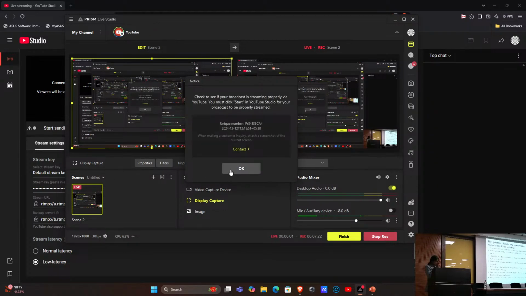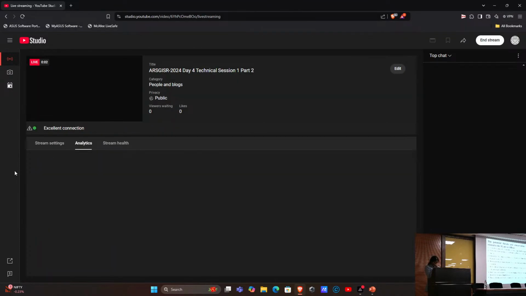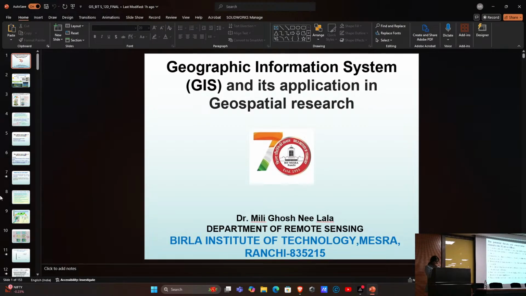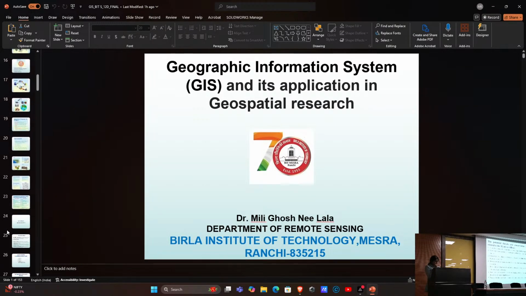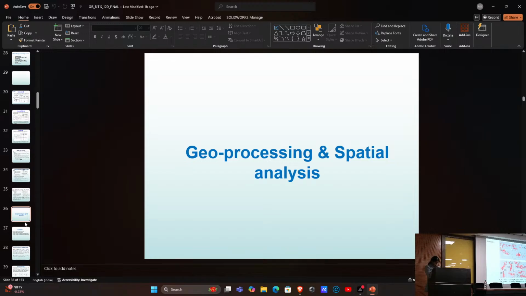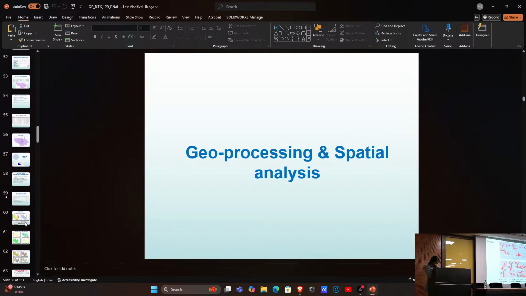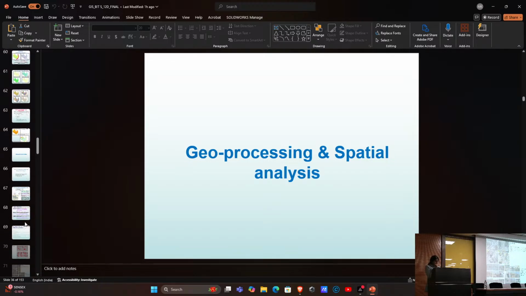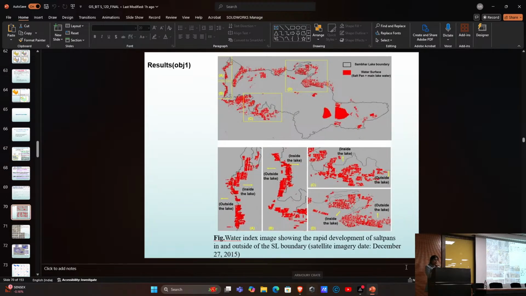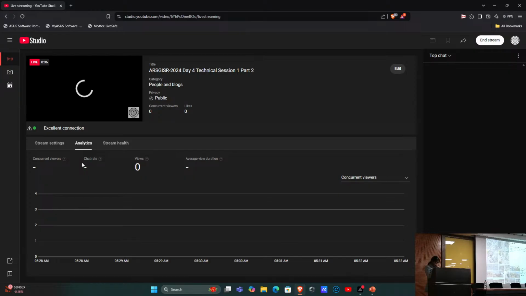First of all, what are the areas where illegal mining is going on, illegal mining practice, salt mining, and what are the precautionary measures you should take. Because of the big size, a manual survey is not that much possible. So this study was done by one of my PhD scholars, Kattar, and where these illegal practices were going on.